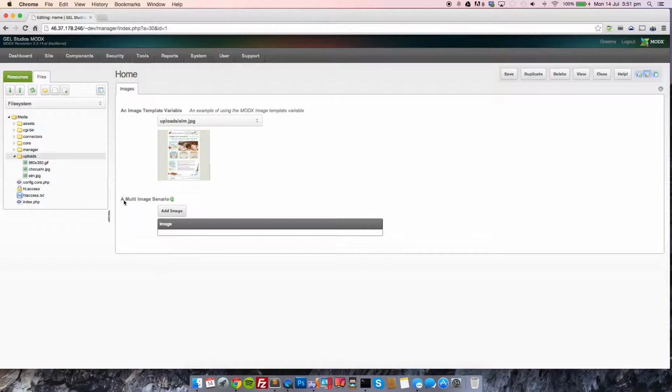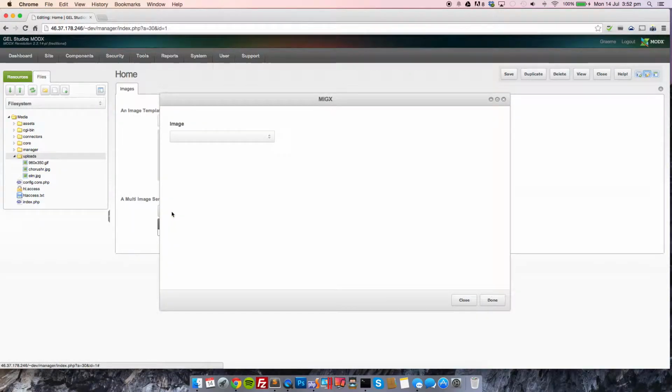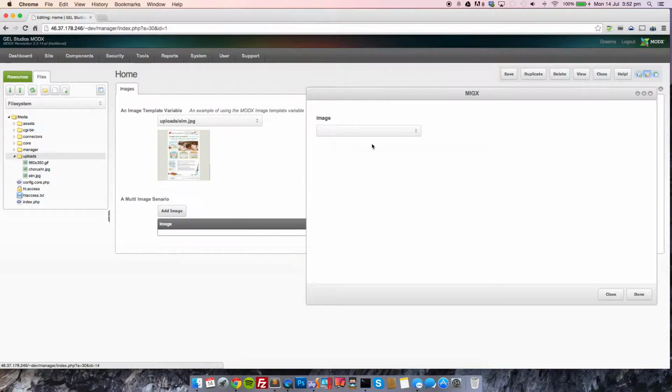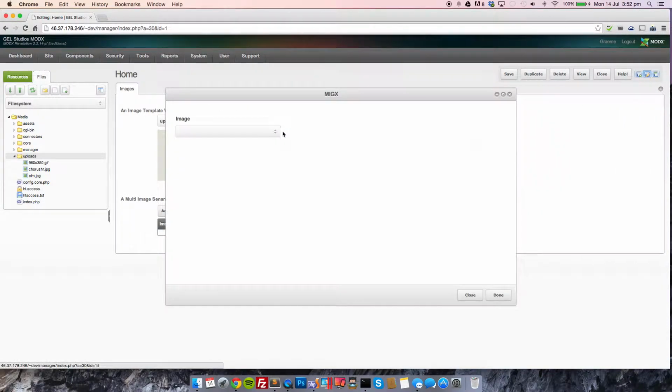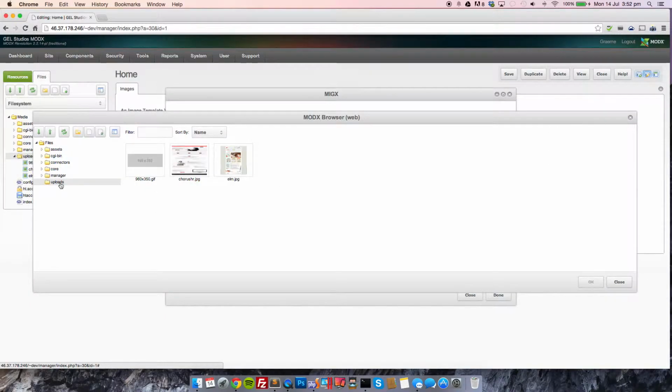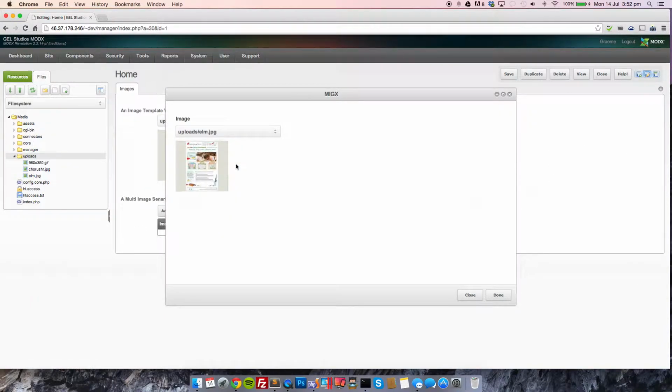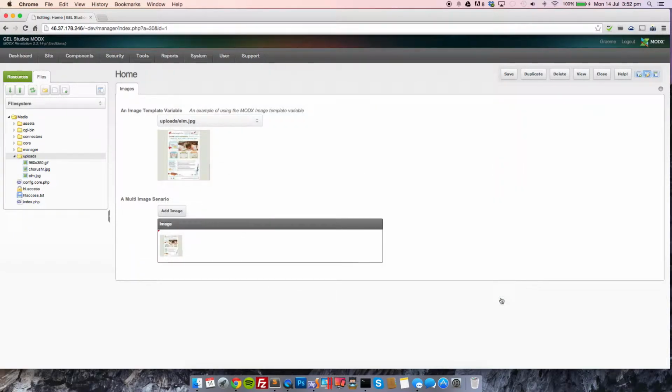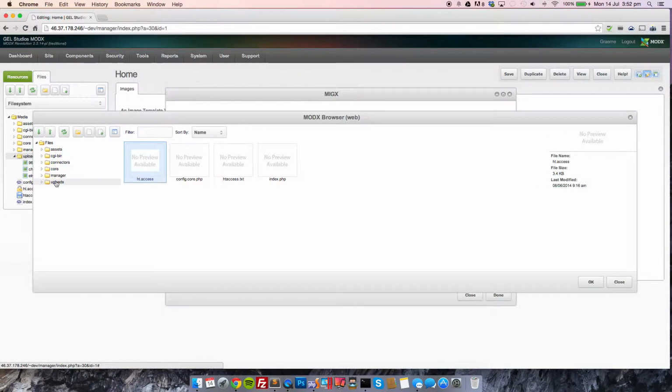Another example is using a MODX option, which just adds in an extra step. But what we can do here is we can have multiple. So this one you can just add one, this one you can add lots. So you'll commonly see this within JAL Studio's websites for things such as sliders and galleries and so forth. If you just simply click Add Image, you'll notice that this looks identical, and that's because it is exactly the same. Just click the arrow, select the folder that your files are in, and select whichever image you wish. And what makes this different is that you can simply click Add Image and you can carry on adding them in,